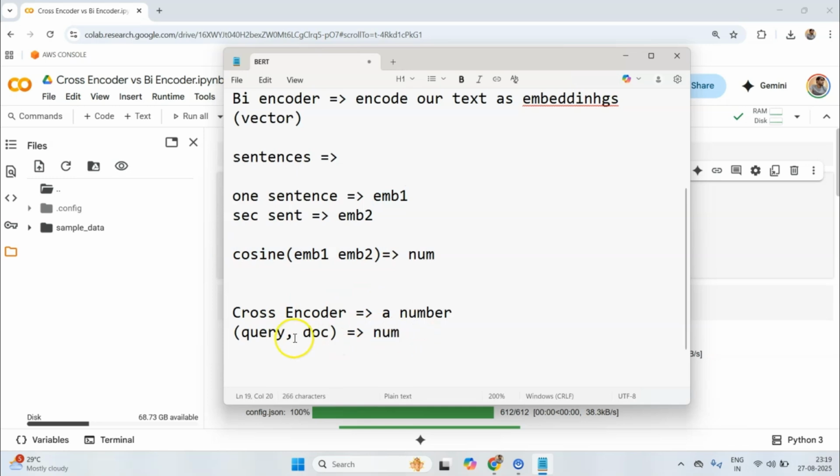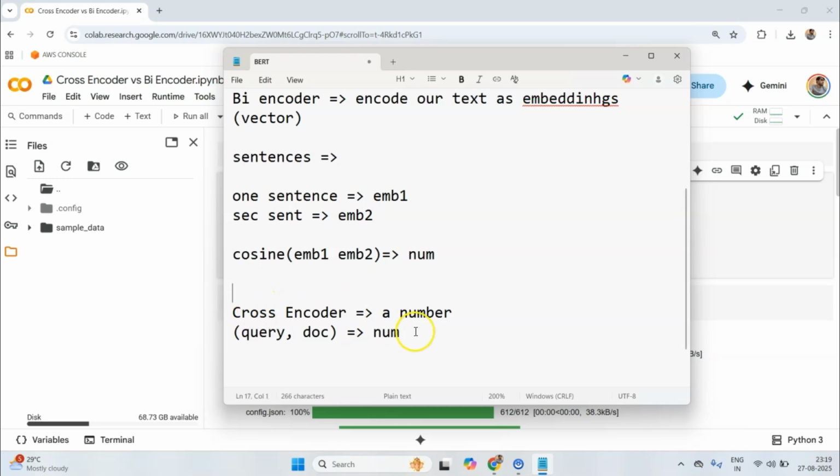So you can see that the training of these models will take some time. Why? Because this is doing more job. It is taking a query, and it is taking a document as well, and it is producing some sort of internal representation for both of these, and producing one number, which basically gives us the relevance of the query to the document. If they are highly relevant, this score will be high. If they are not relevant, this score will be even negative or 0. You get the idea, right?